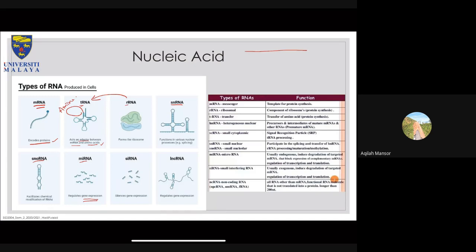Your pubic hair, for example: when you are a kid, there is no pubic hair. But when you are an adult, you will grow a mustache, different types of hair, and so on and so forth. So what makes you different when you are younger and when you are an adult now? Basically your genetic material did not change. So what does change? One of the control mechanisms in our body is this guy over here.